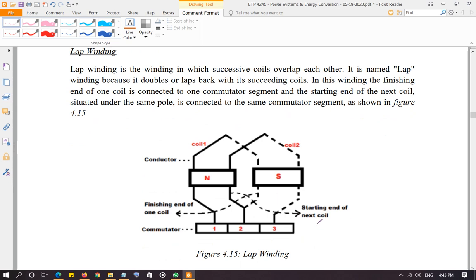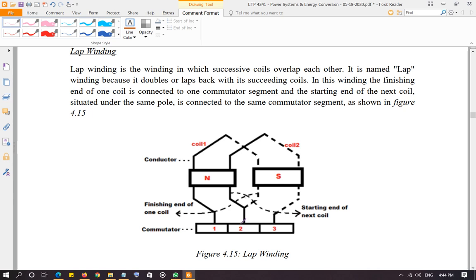So lap winding, as you can see in this figure, the way they do the lap winding is, this is the commutator, different segments of the commutator, and as we discussed, you can have many segments of the commutator and many coils to make the output DC voltage as smooth as possible. So if one of your conductors is starting under the north magnetic pole on the commutator segment 1 and it is ending under the south pole on the other side under the other commutator segment number 2, then the next